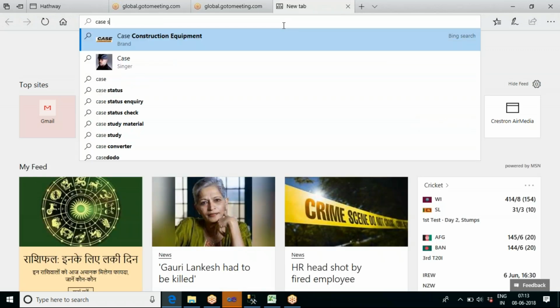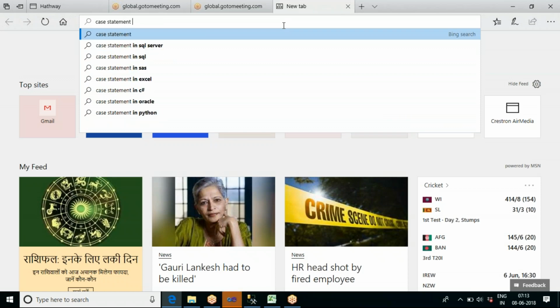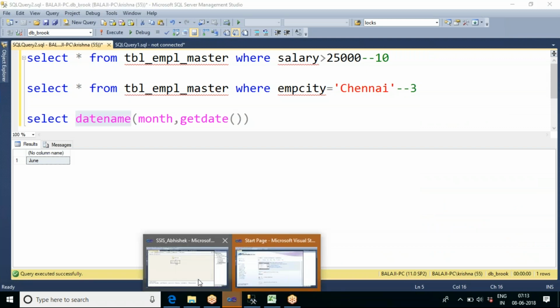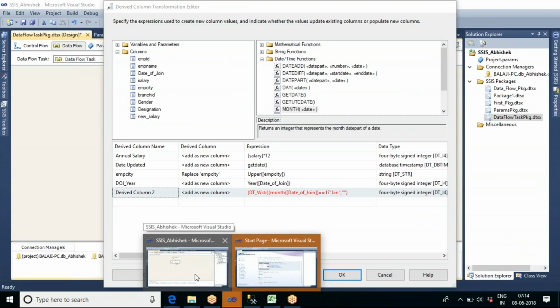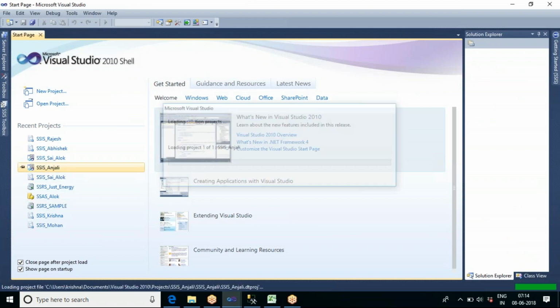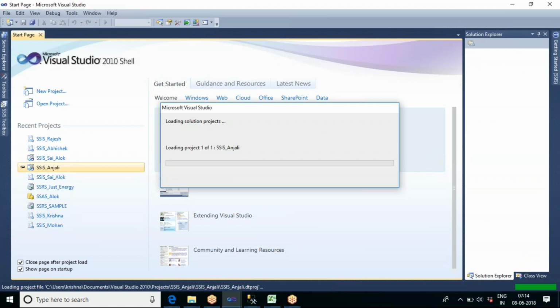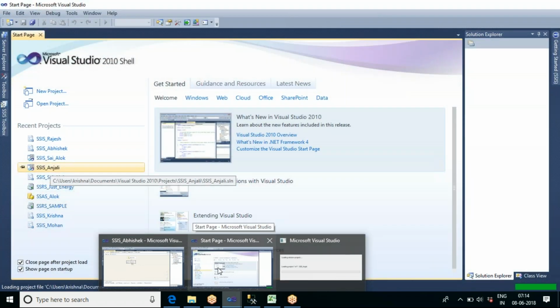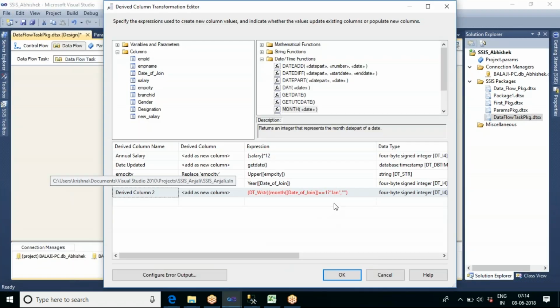So don't we need to specify getdate? No, I'm applying this on the date of join column, not on this. I think January, February should be under quotation, and there should be a space between one and the question mark.